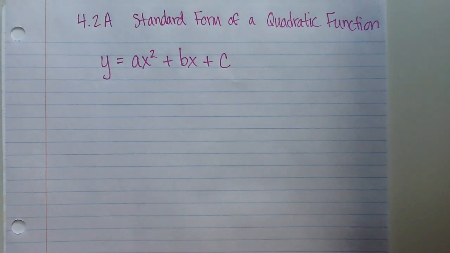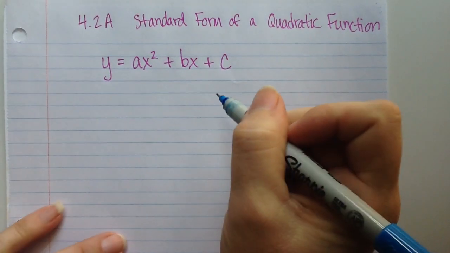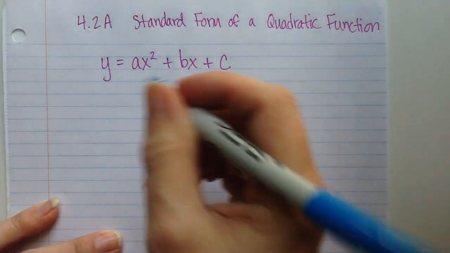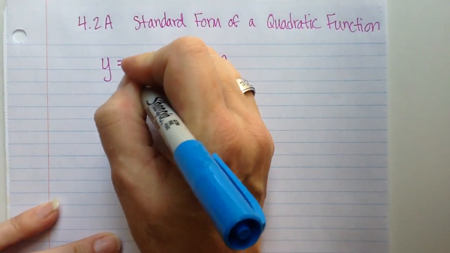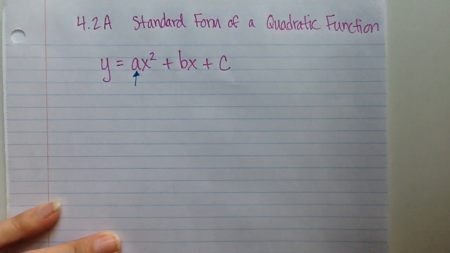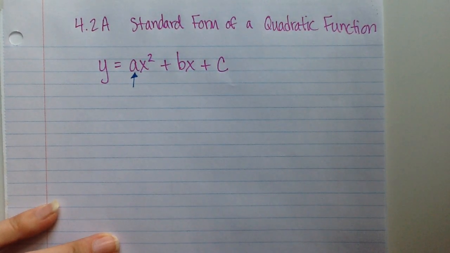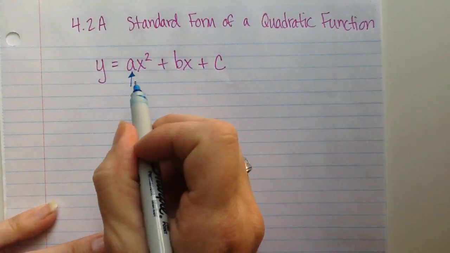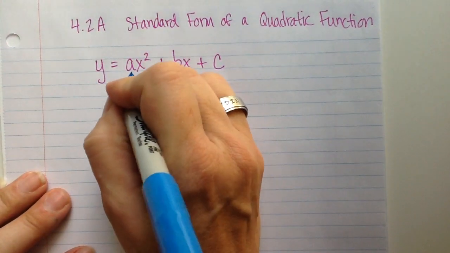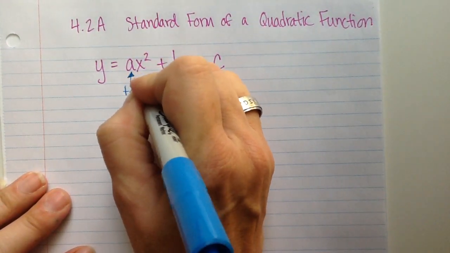So let's talk about what each of these numbers tells you. We'll use them all eventually. But for now, I want to talk about this number that's right here. Now, when you looked at vertex form, remember it had y equals a parenthesis x minus h squared parenthesis plus k, and that a that was in front told you if there was a stretch or a compression and whether it reflected over the x-axis. And this is the same a. So this number here is going to tell you